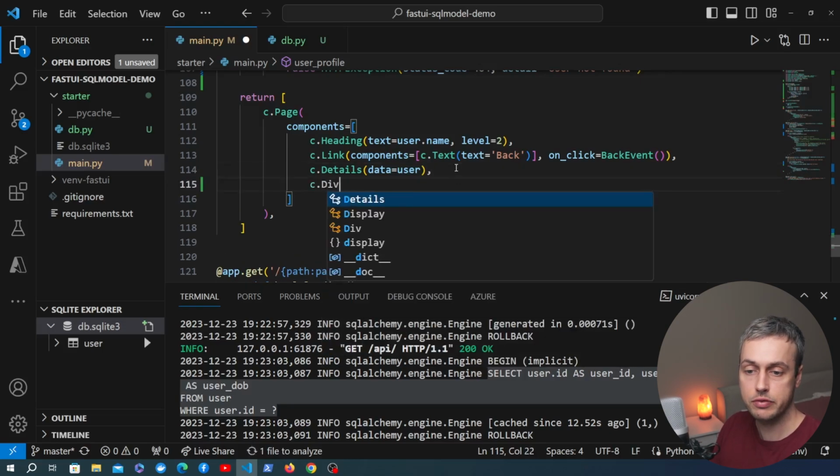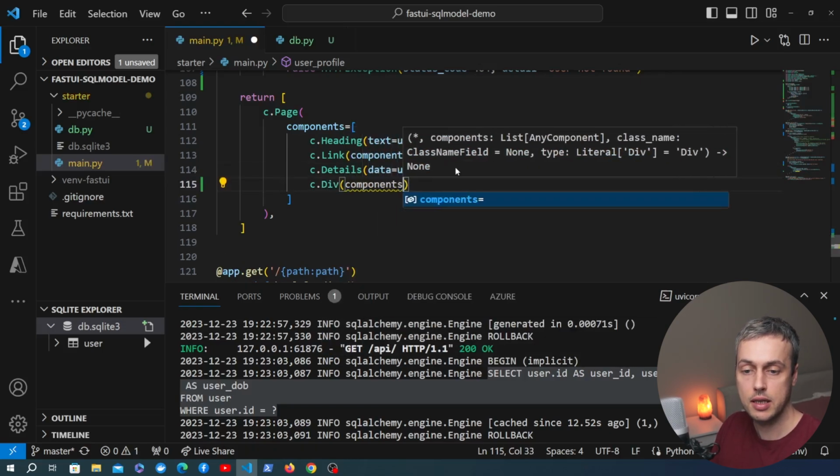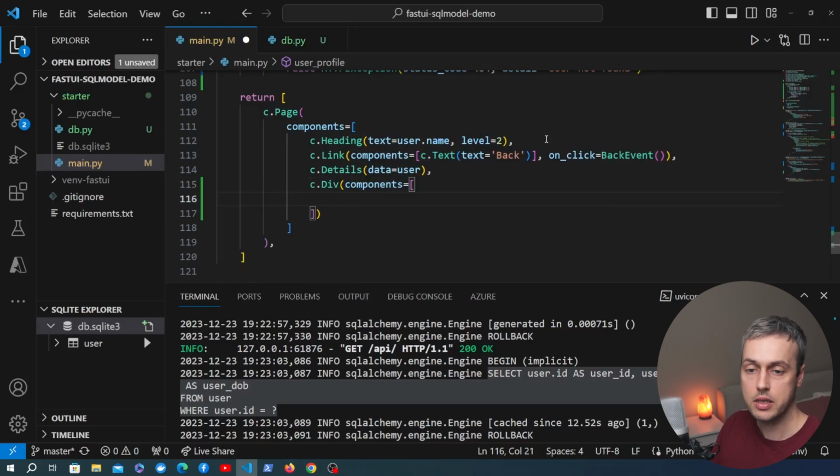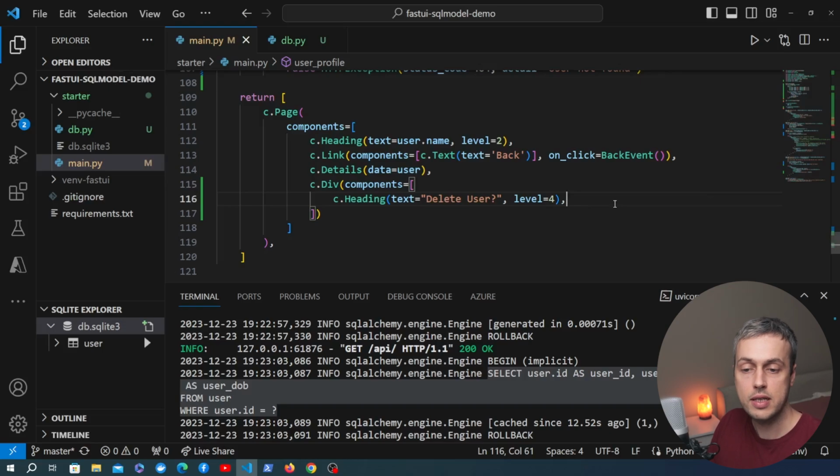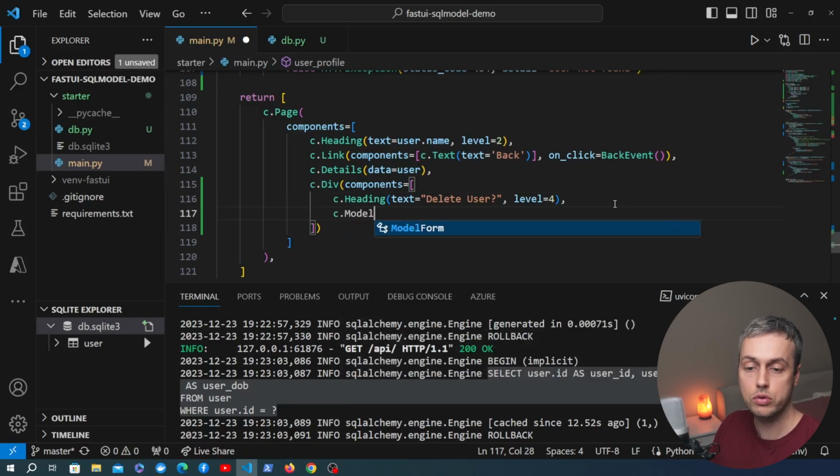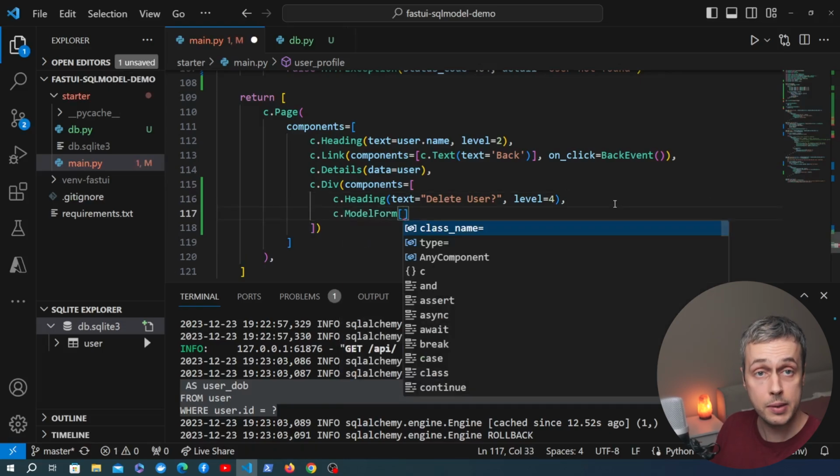So let's write this out now. We're going to create a div component, and that can take a list of subcomponents. Let's create a header here, so I'm going to copy the c.heading component and the text we want to pass into that. Let's pass a question here of delete user, and we can make this an h4 tag by changing the level to 4. Once we've defined the heading, I'm going to use a model form component, and we can parameterize those forms with a Pydantic model, and that's automatically going to infer the fields that are to be displayed